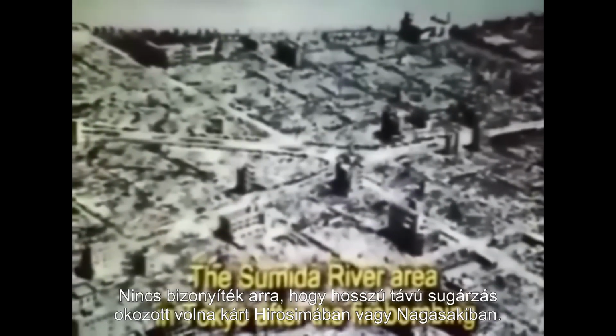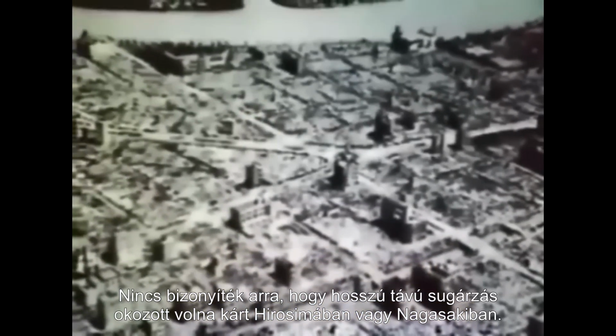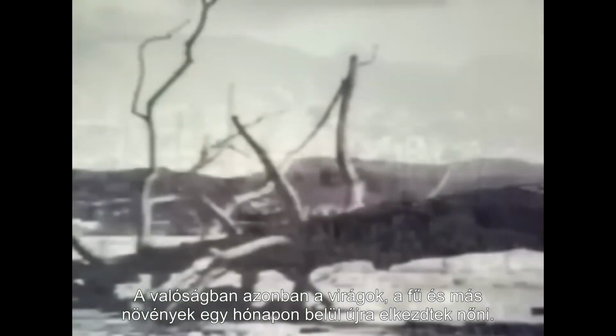There is also no evidence of long-term radiation damage anywhere in Hiroshima or Nagasaki. According to the experts, there was to be radiation and nuclear fallout for thousands of years, affecting people, plants, animals, and every living thing in the vicinity, causing generational deformities and a veritable death zone. In reality, however,